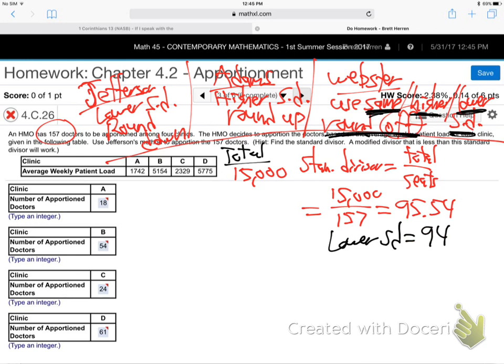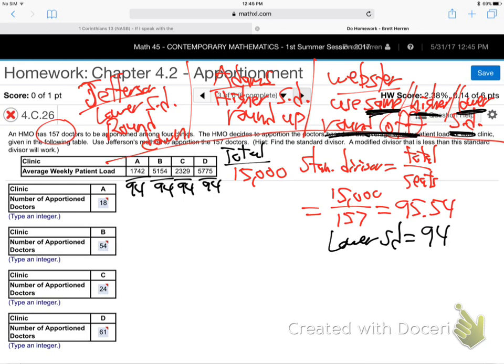If it doesn't work, I'll have to redo it and redo it until I'm really tired of it. And by works, I mean when we divide them all by 94 now and round them down and add them up, they've got to come out to the right total. So divide them all by 94. I could have picked 90, 91, 92, 93, anything lower than 95.54, and I don't know how much lower. I'm sort of guessing.